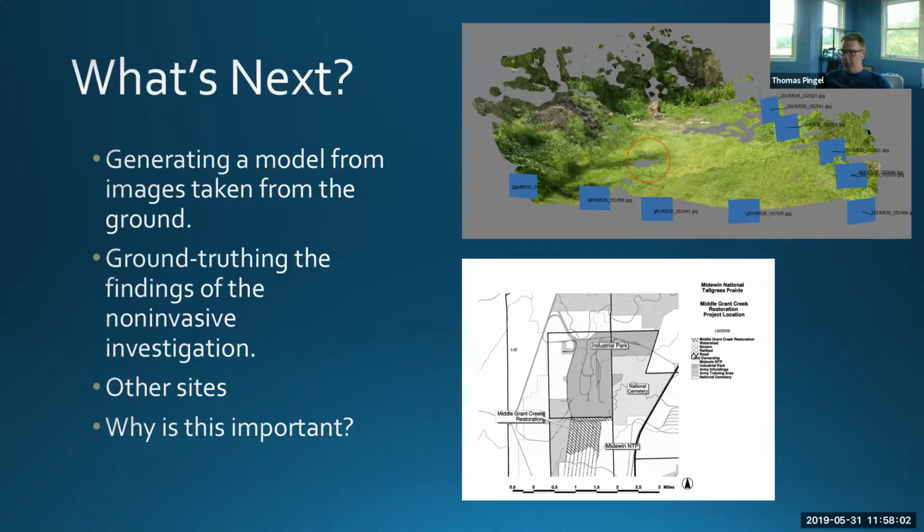Yeah, I got a couple of comments, Lucas. So one, your idea about can you use differences in vegetation height to find subtle depressions in the ground surface. So the idea would be that the vegetation sort of echoes what's going on the ground, right? Like if you see a depression on the top of the grass, there's a depression at the ground level, right? Well, it might not necessarily be just the ground surface. It would be that there's like bricks underneath the ground. The growth of the vegetation would be stunted because it doesn't have as much nutrients or soil depth. So the homogeneous vegetation could echo just any type of